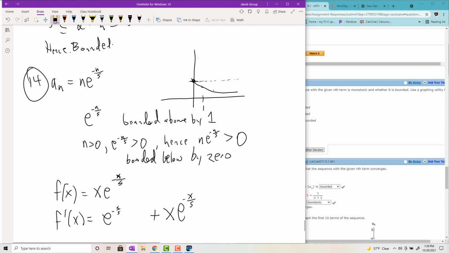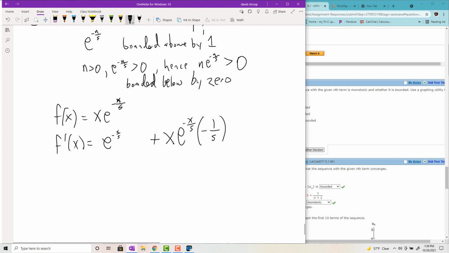So it'd be e to the negative x over 5, just times the derivative of x, which would be 1, and then plus x e to the negative x over 5 times the derivative of negative x over 5, which is negative 1/5. Okay. Sort of set that equal to 0 to get the critical points. e to the negative x over 5 times 1 minus x over 5. So our critical point